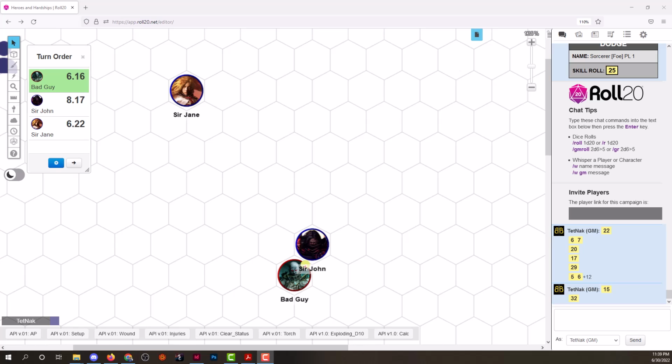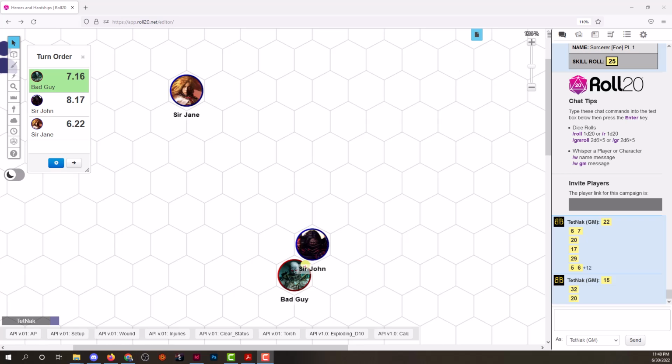The bad guy knows he's in trouble, so he tries to make a dodge roll to get out of the way. Dodges cost 1 AP and is a defensive action, so we're going to increase his AP by 1. Now he's at 7. The bad guy rolled a 20 on his dodge, but he needs to apply a -3 to that 20 because he's injured. So now he's actually at